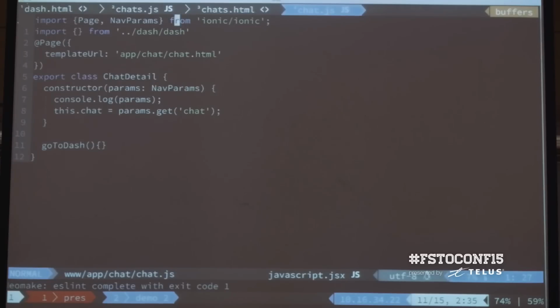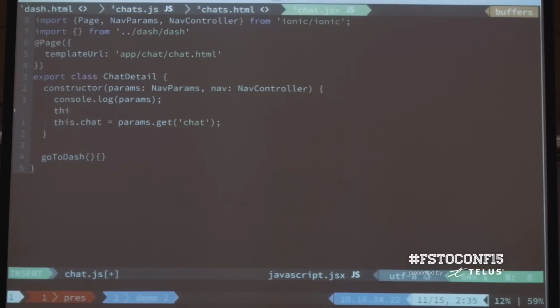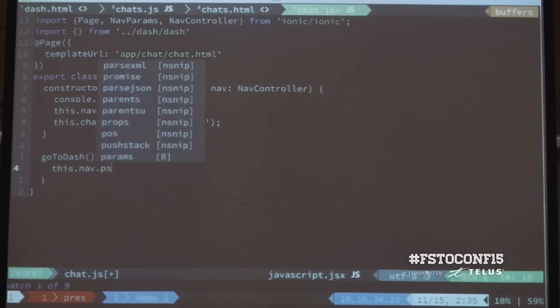And before I forget, nav controller. What we're doing here is pulling in the nav controller class and injecting it into our constructor. Then we'll say this.nav is going to equal the nav instance that I injected. So when I come down here, I can say this.nav.push